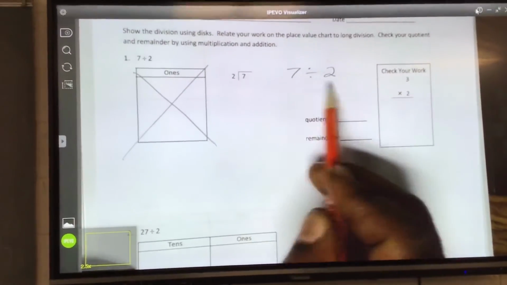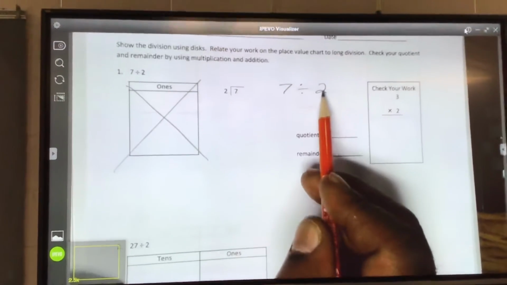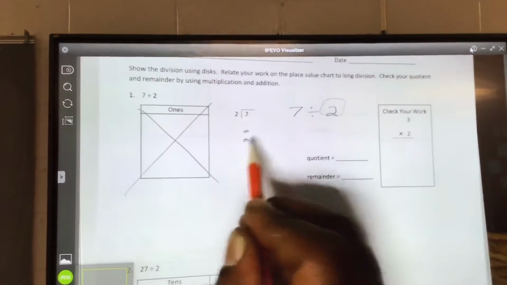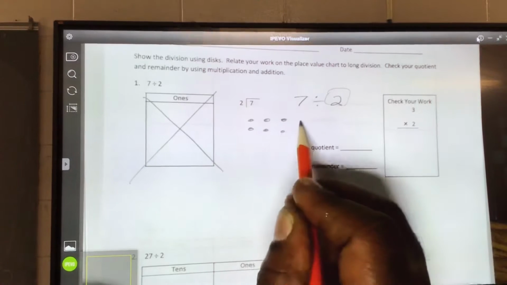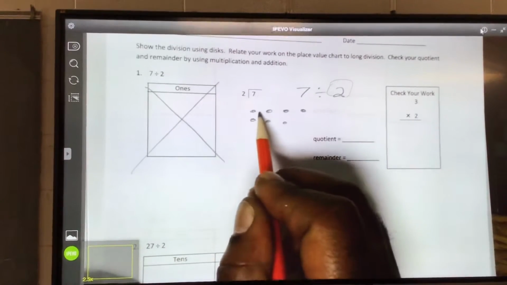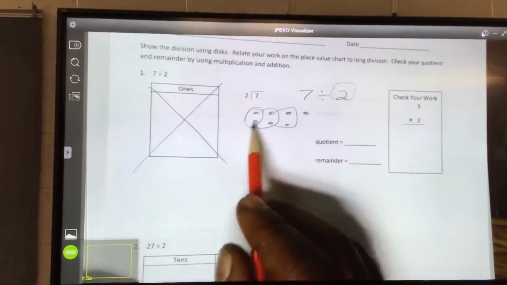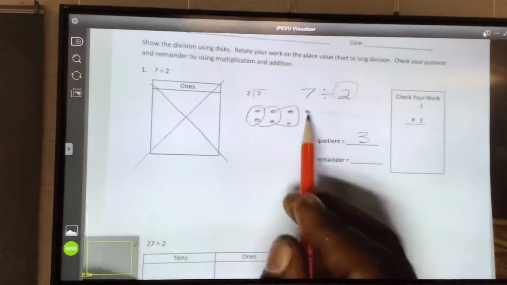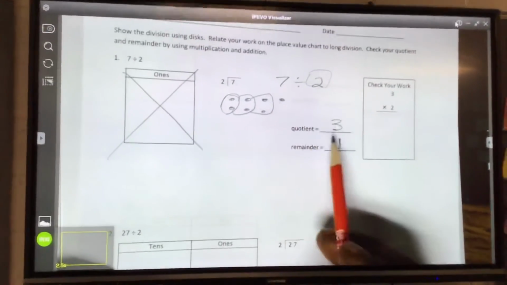If we're going to do the array model, I'm going to put things in groups of what? 2. So I got 1, 2, 3, 4, 5, 6, and 7. Now I'm going to circle those groups of 2: 2, 4, 6. So my answer, my quotient, is 3 with 1 left over. So the answer is 3